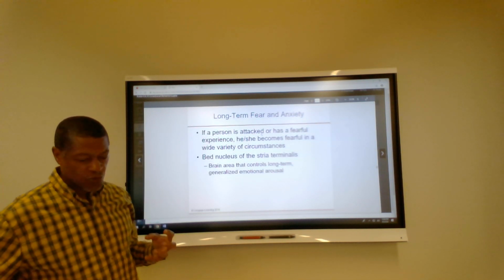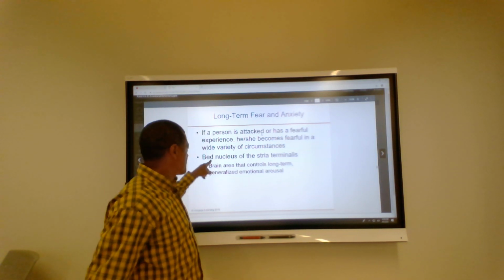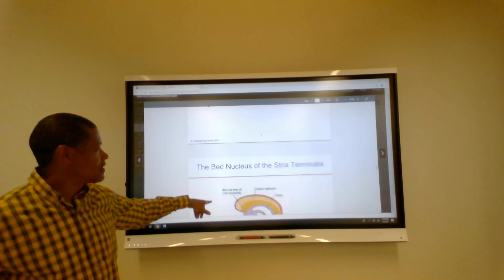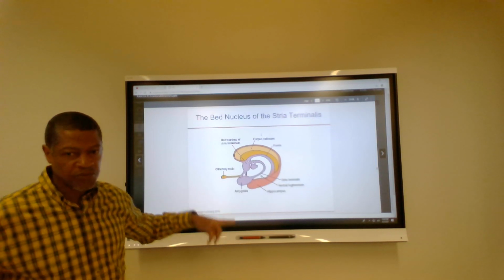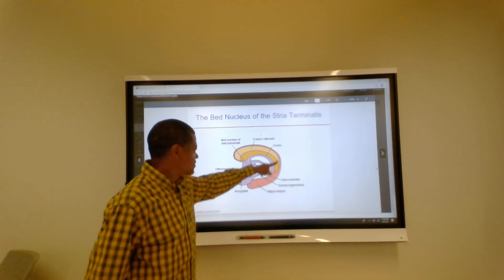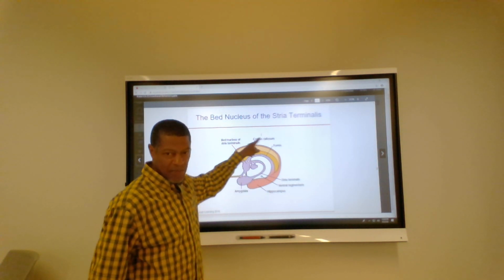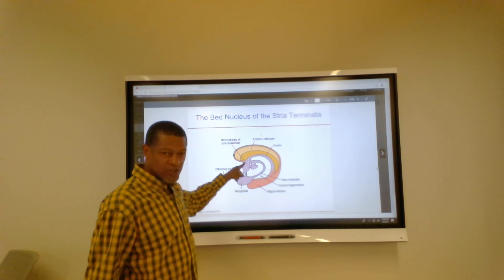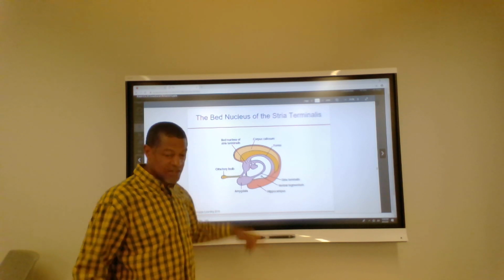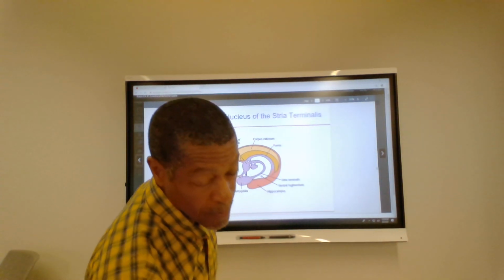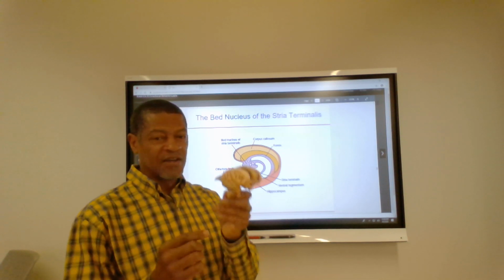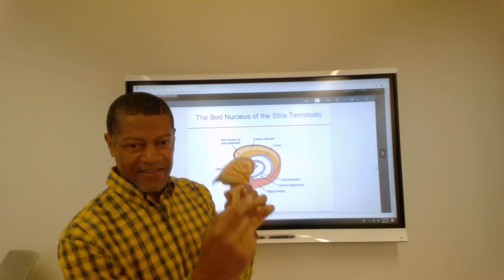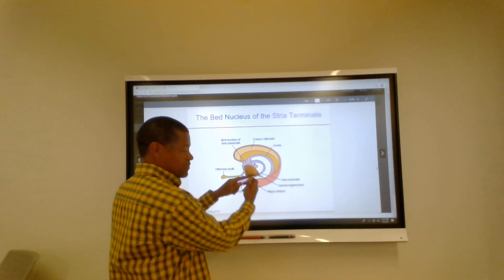Long-term fear can be situated in an area called the bed nucleus of the stria terminalis. You can read up on that on your own, but again, it's deep in the brain. There's a little description of where it's actually found. All these areas of the limbic system, again, remember, a border of cells deep in the brain. The bed nucleus of the stria terminalis is dead center. It says that area helps to establish long-term memories or fears. So here's the inside of the brain, so it's deep, internally inside.